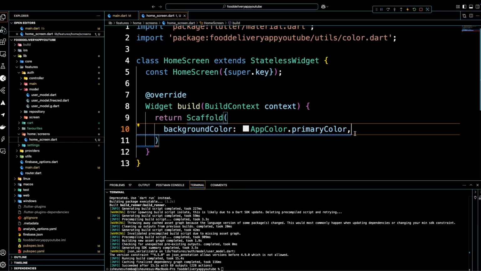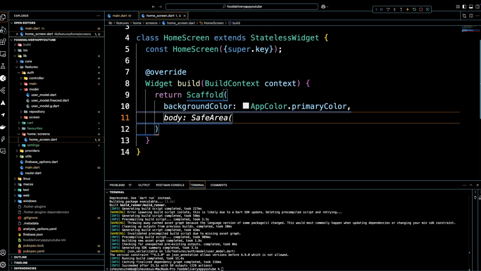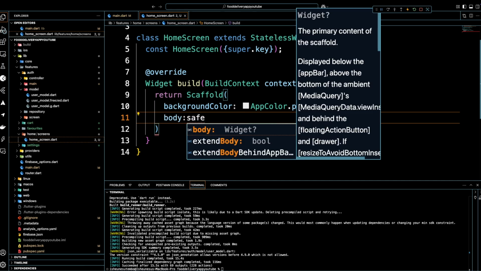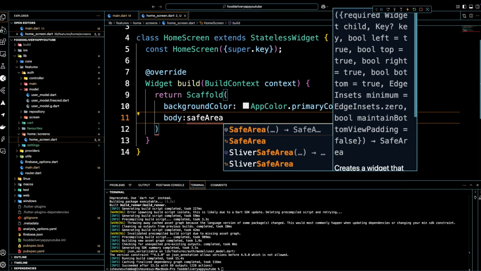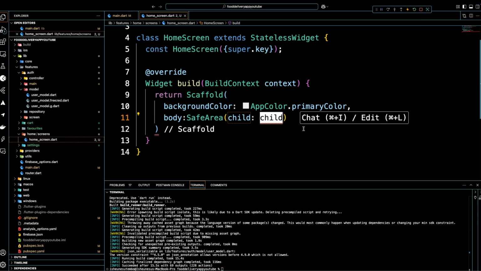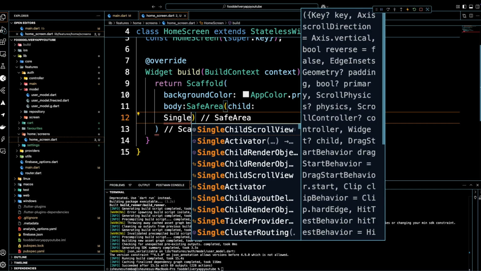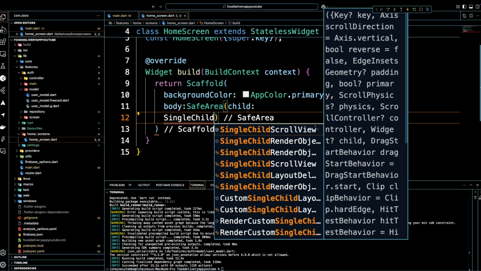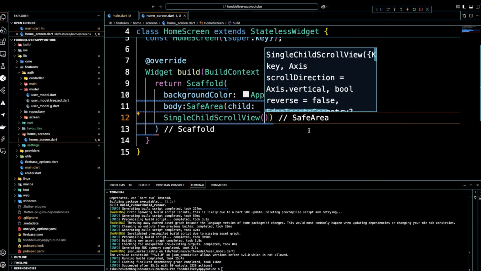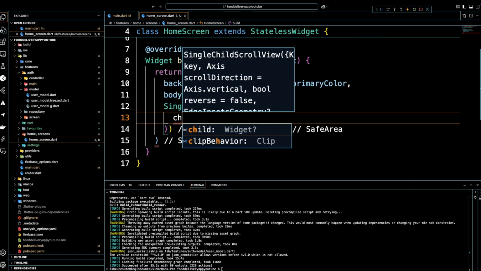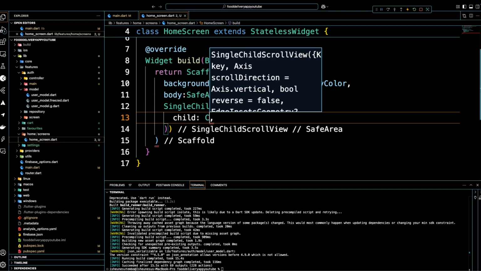And then the next thing that we need is a body. So our body, we are going to wrap it with a safe area widget so that our user interface does not protrude to the notification bar. Okay, so now what we need is a single child scroll view, and the child of the single child scroll view is going to be a column widget,